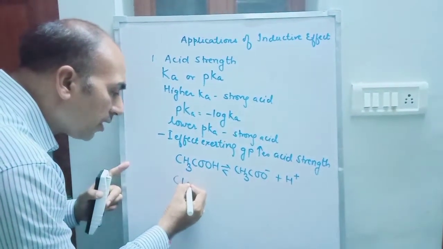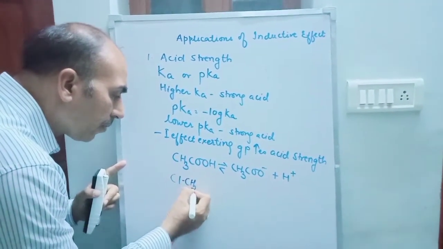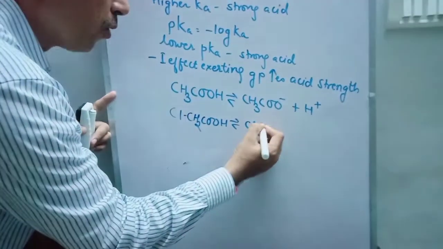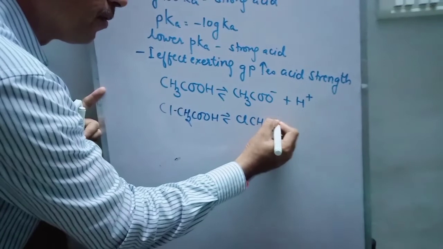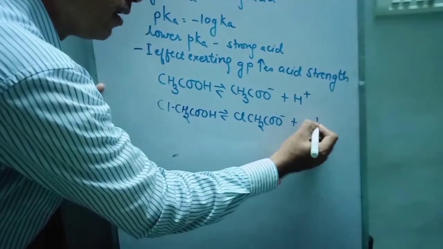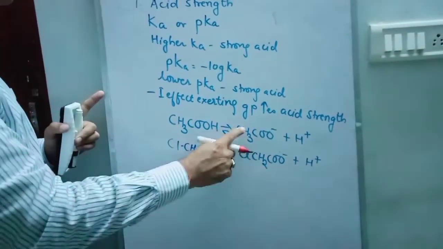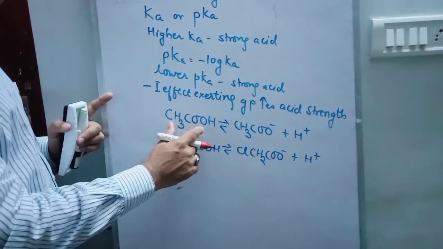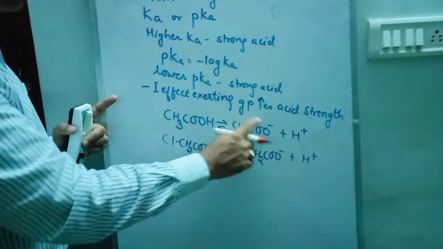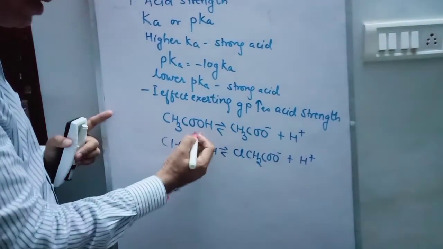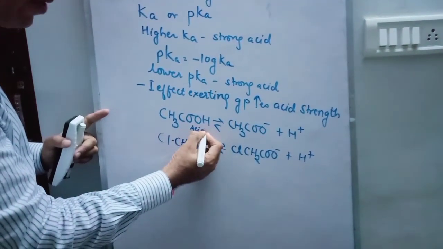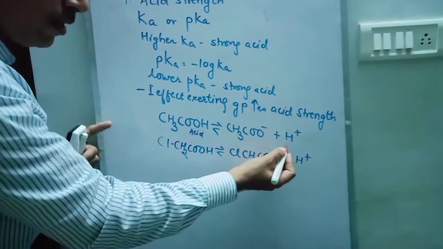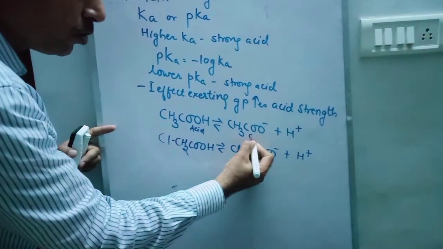If chloroacetic acid is given, this will dissociate to give chloroacetate ion and H plus ion. Out of these two ions being formed, the conjugate base: when the acid dissociates to give H plus ion, the other substance being formed is called the conjugate base. See, this is the acid as it is giving H plus ion. The substance which is formed from the acid by donation of an H plus ion is called the conjugate base.